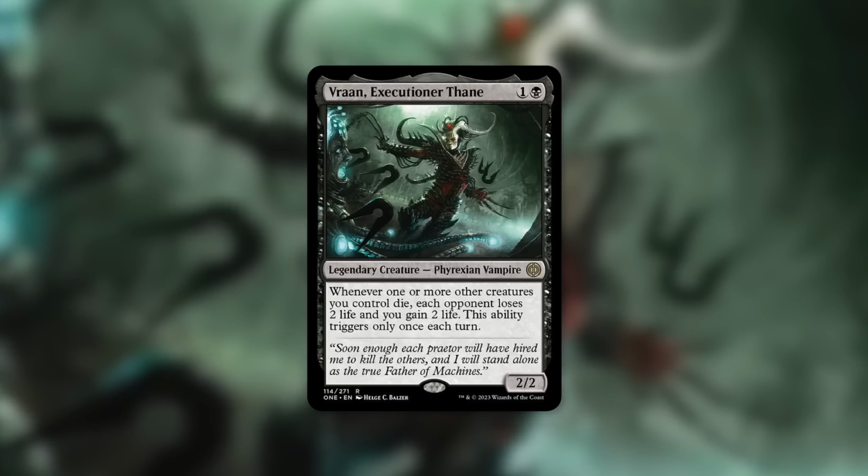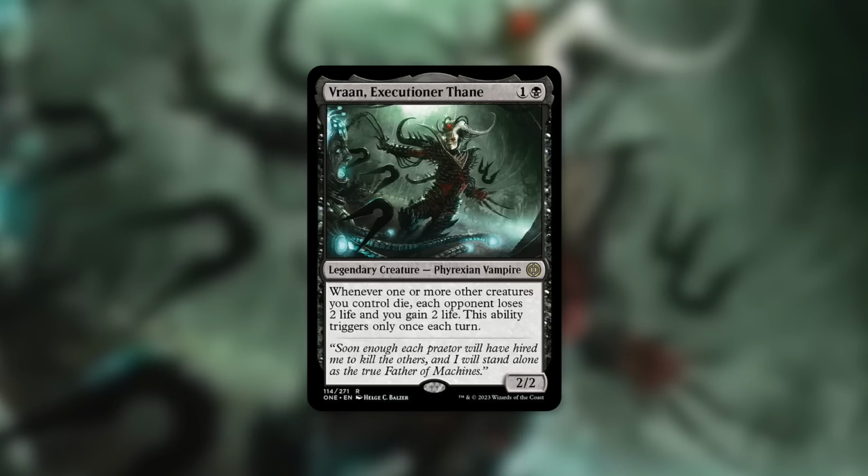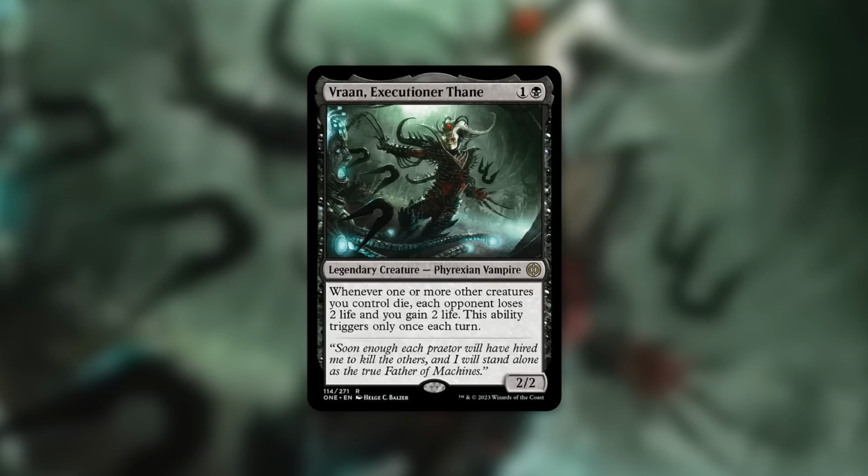This ability triggers only once each turn. Now, yes, that is a big downside to this card. That limitation on this ability, triggers only once each turn, is a pretty big limitation. That being said, if you are in an aristocrat style strategy that is okay with sacrificing creatures on multiple turns,